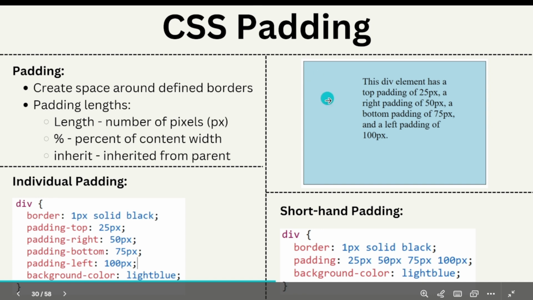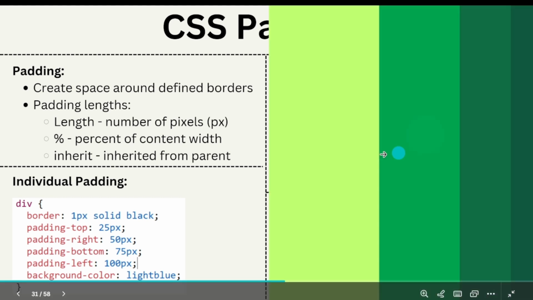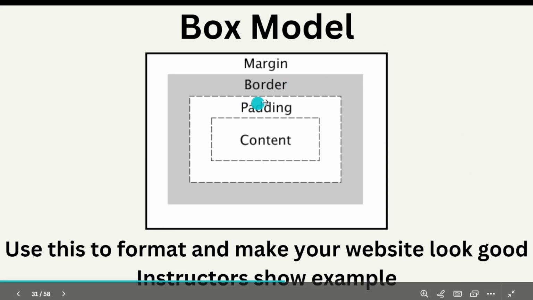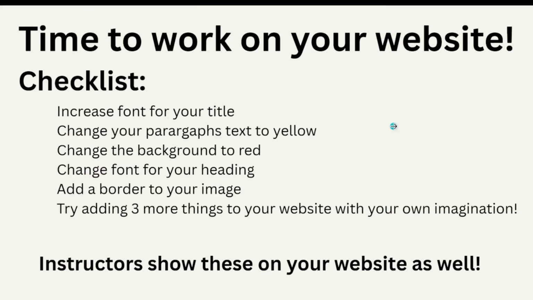You can see 25 pixels from the top, 50 pixels from the right, 75 pixels from the bottom, and 100 pixels from the left. So now, let's get into the box model. This is how we format and make our website look good. We have the margin on the outside, and this is inside of a div. We have a border, padding, and the content. So now, let's actually hop into the editor, and I'll show you how we can apply this to our